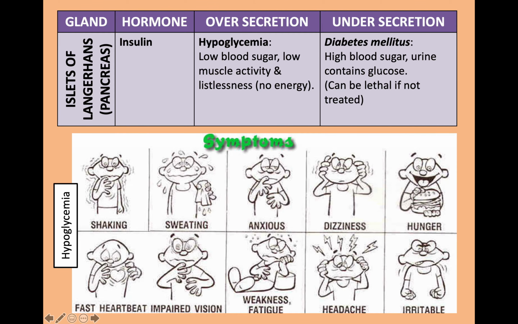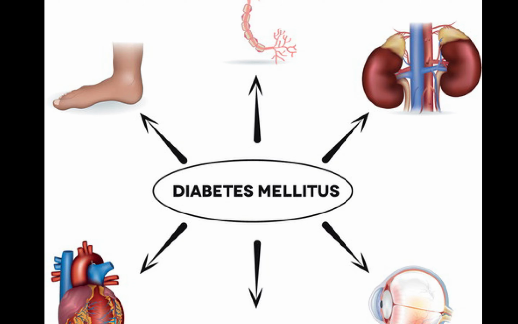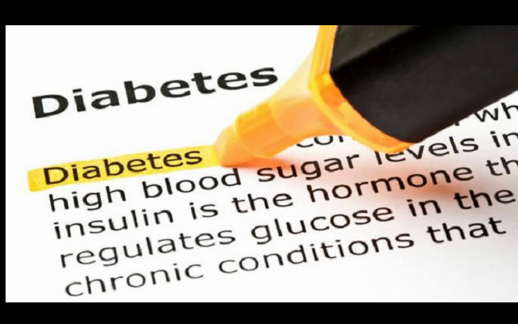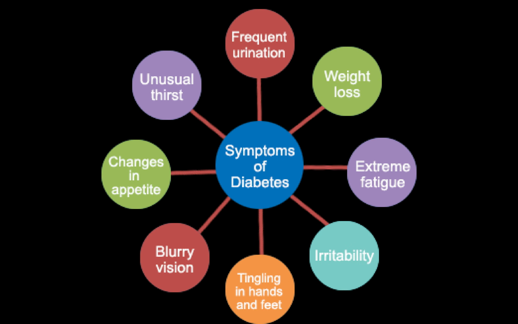If insulin is under-secreted, it is known as hyperglycemia. And this results in a condition known as diabetes mellitus. A person who suffers from this condition is called a diabetic. The symptoms can include excessive thirst, right? The person will end up being very thirsty all the time. Fatigue, meaning he will feel very tired. Frequent urination, okay? Increased appetite, weight loss, nausea, vomiting, as well as blurred vision.